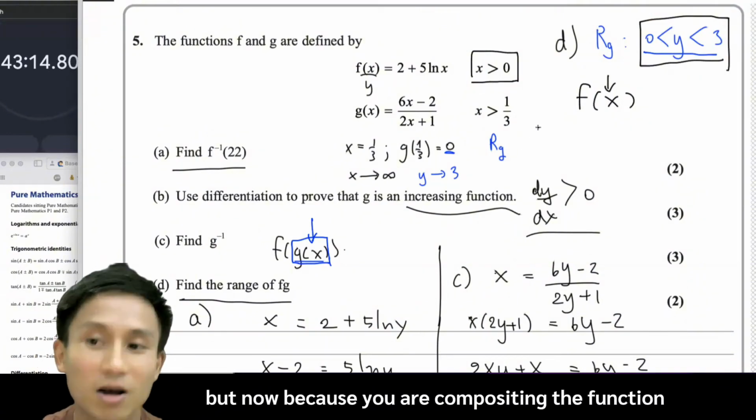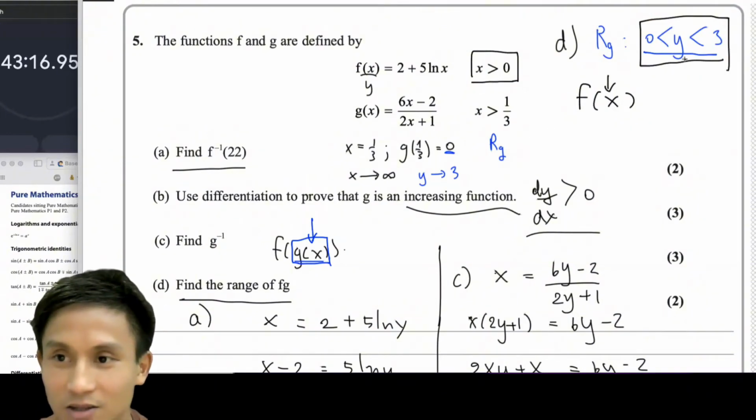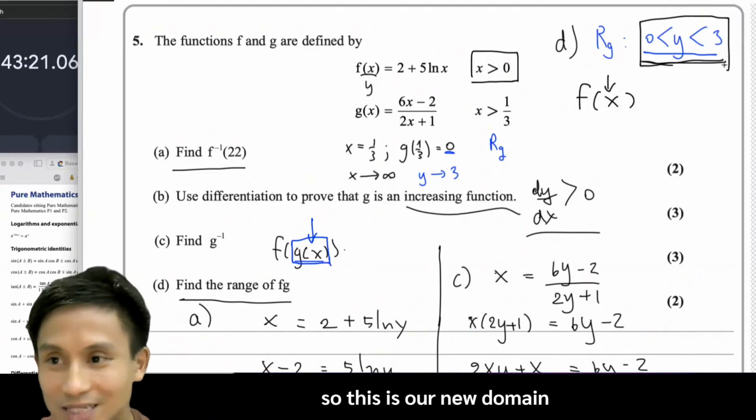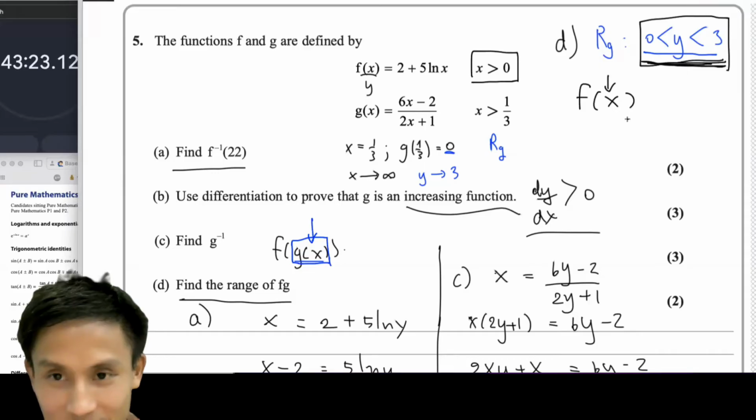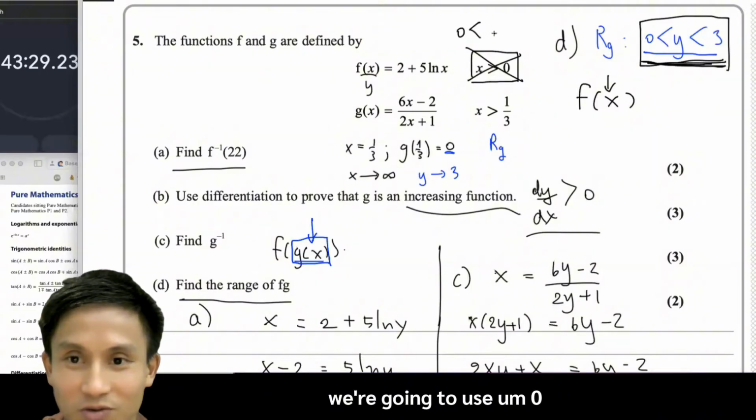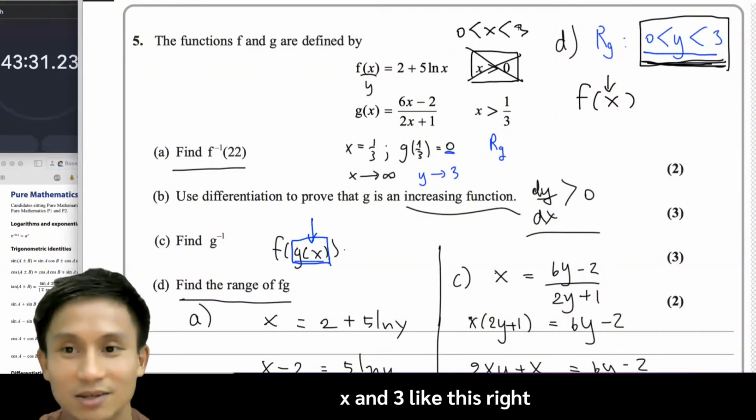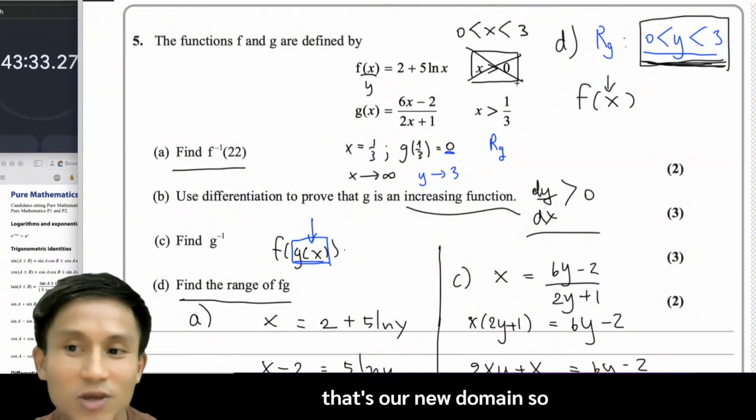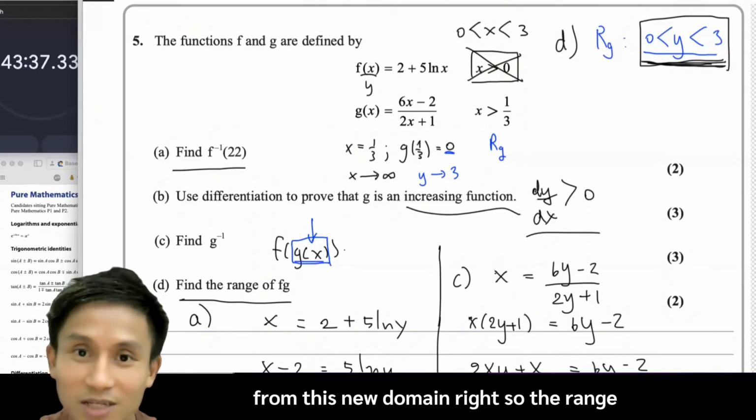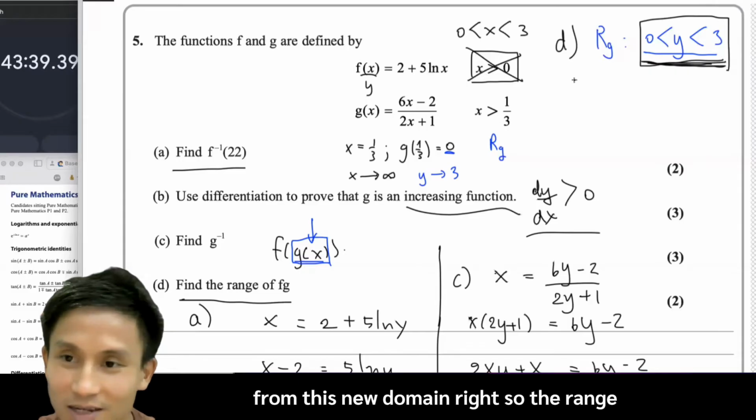But now because you are compositing the function, you are changing the domain to 0 to 3 instead. So this is our new domain, right? So instead, we're not going to use that. We're going to use 0, x, and 3 like this, right? That's our new domain. So we've got to consider the range of the composite function from this new domain, right? So the range